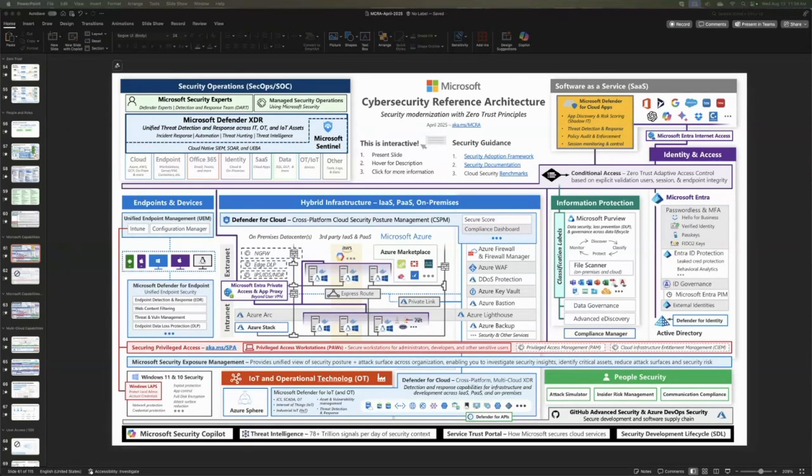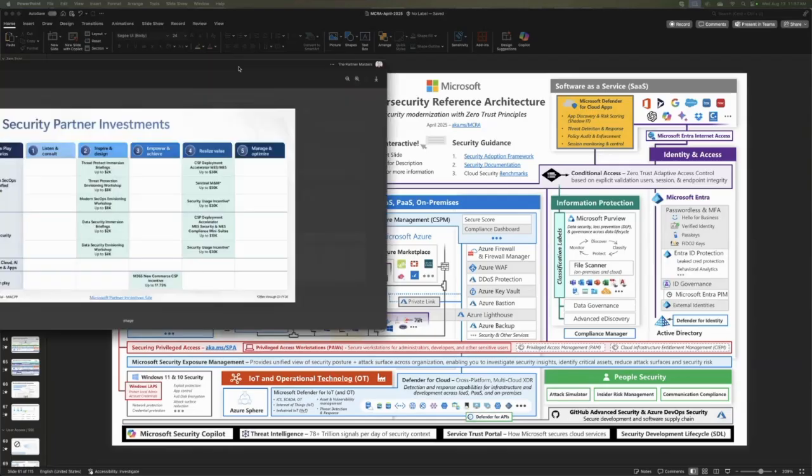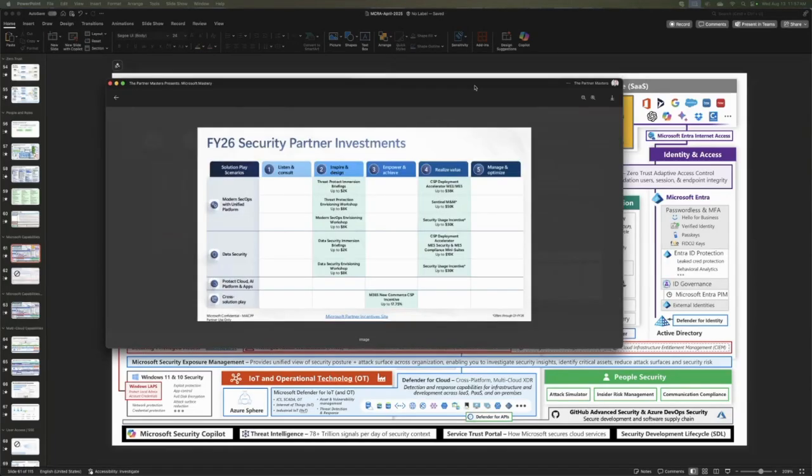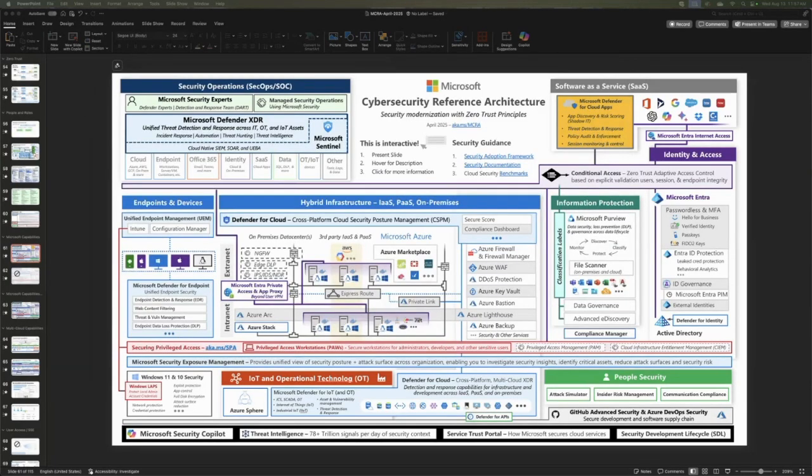Well, I have a quote for that. Microsoft is a security company you never heard of. The biggest security company you never heard of. And this slide does a really good job of illustrating that, and it opens up the door for additional conversation. Yep. And Shannon, thanks for posting in the chat window the new security funding programs for FY26. Appreciate that. There's a lot of opportunity here.